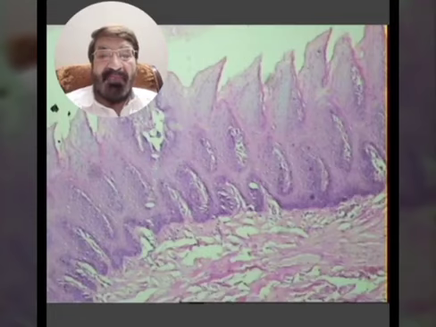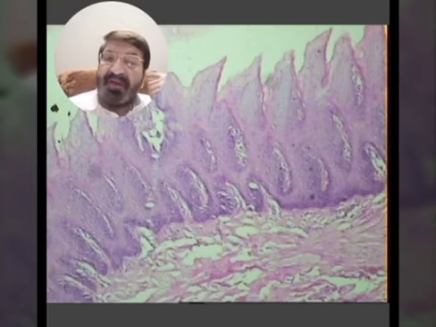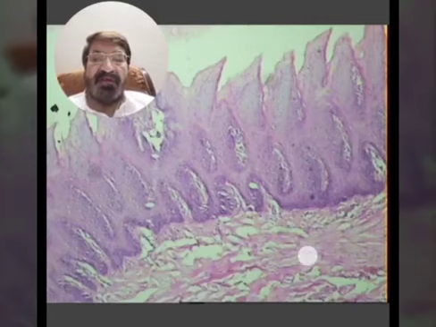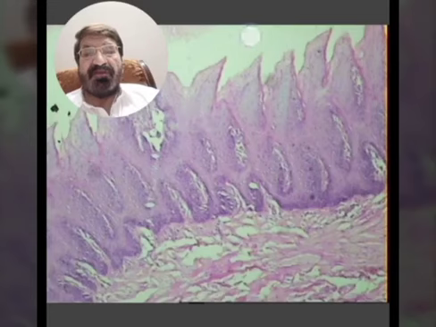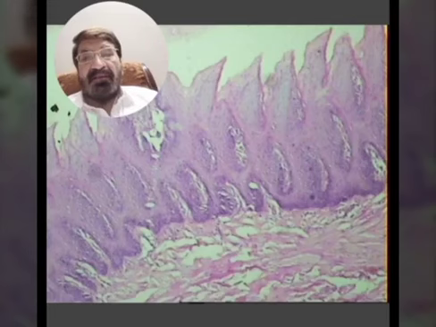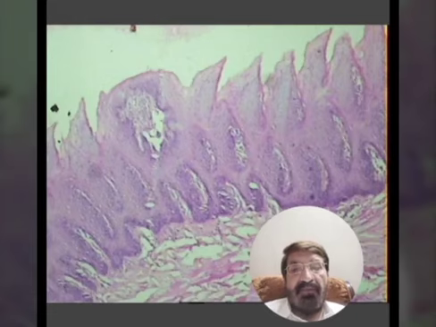तो देखें। This is the slide of the tongue. I have told you that the tongue is the mobile organ which is present in the buccal cavity, and it has got a dorsal surface and there is a ventral surface. The dorsal surface of the tongue is roughened because it has got these epithelial excrescences, these finger-like projections. These are the papillae, lingual papillae, because they are the papillae or the epithelial excrescences.